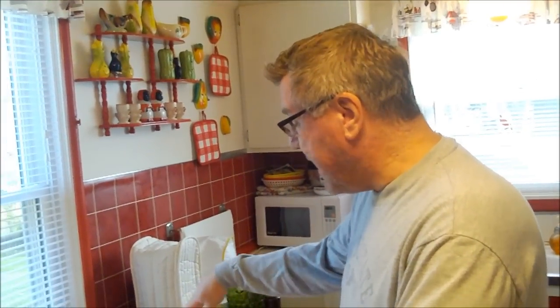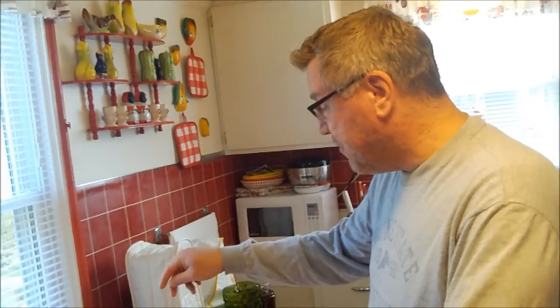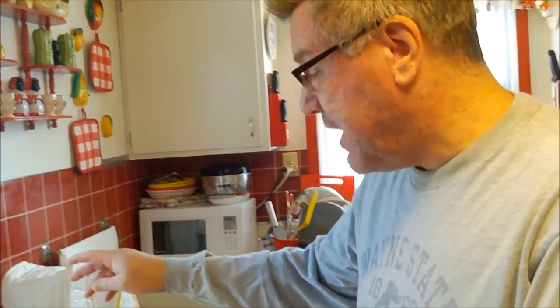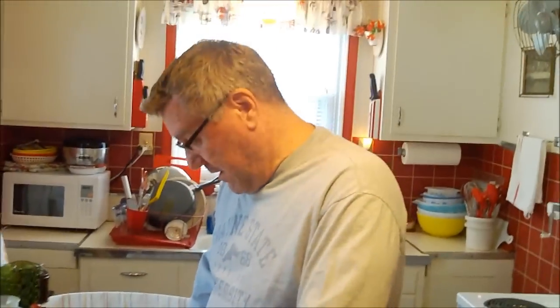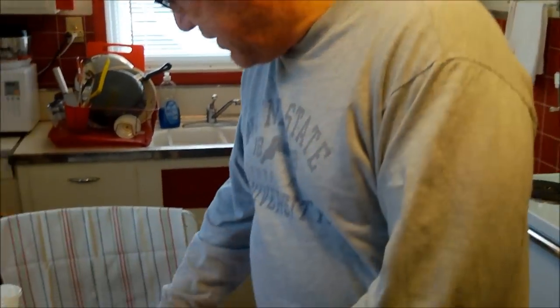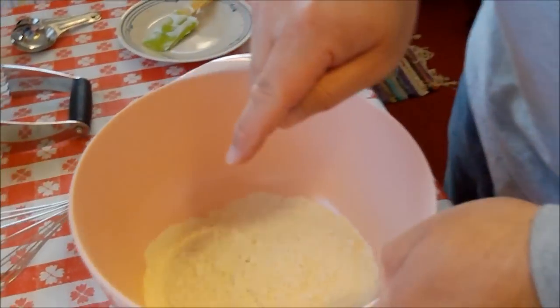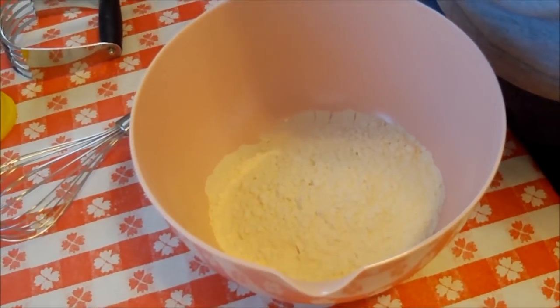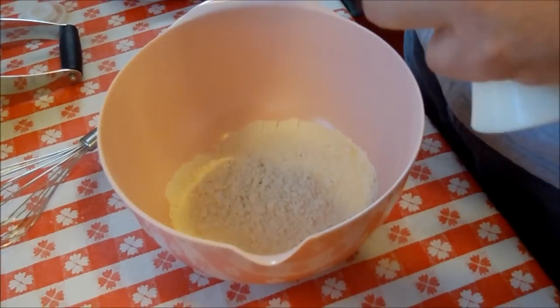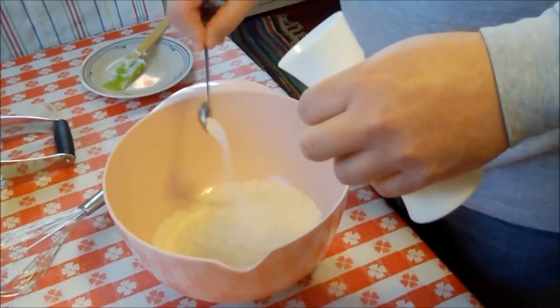And I've got a variety of apples here. I've got some Ida Reds, some Macintosh, and some Jonna Golds. We're going to use the combination of those three apples to make our apple pie. And every pie we start with the crust. So here we go. I've got 2 cups of all-purpose flour in the bowl, and I'm going to add a teaspoon of salt to that,